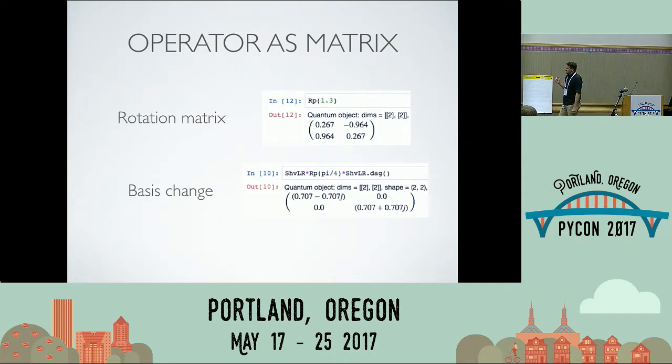Something like changing a basis, if you want to write, instead of writing in the horizontal and vertical basis states, you might want to define 45 and minus 45 as your basis states, so you can define the matrix that converts one basis to the other. All these things are really pretty straightforward in QTIP, and so it takes a lot of the mental headache that students might be trying to overcome if they're not as comfortable with linear algebra, or maybe they're not as comfortable with the computational side of it. It really makes it pretty easy, because all they're writing out are sentences that just look like what they've seen in the textbook. They just need to apply certain operators in certain orders, and they'll see what they generate.